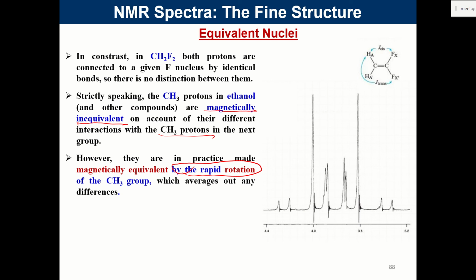the difference that we were trying to point out is this: if you look carefully at the three-dimensional ball and stick model, you can locate a hydrogen atom of the CH2 group and see the distance in three-dimensional space to each of the CH3 protons: 1, 2, 3. You will find all three distances are different, and so they should be magnetically non-equivalent. But this doesn't happen in practice, because the rotation is happening very fast, and so you are